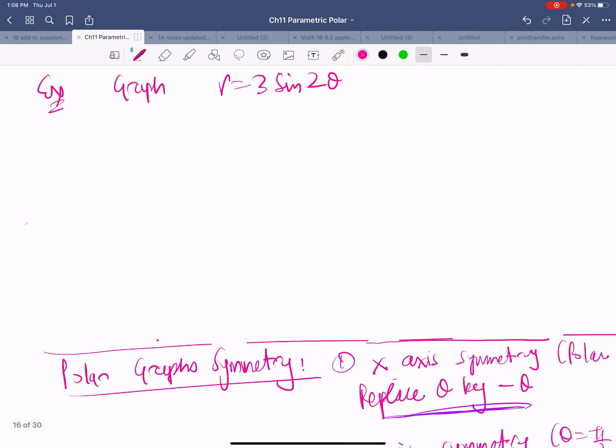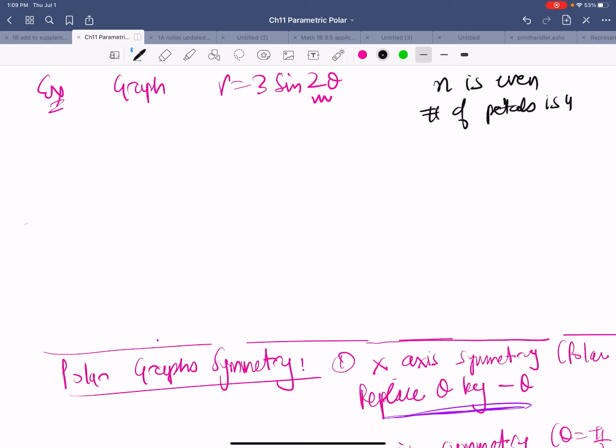Let's see another example. r equals 3 sine 2 theta. In this case, because we have n as even, the number of petals is going to be 4. Okay. Now we need to think about